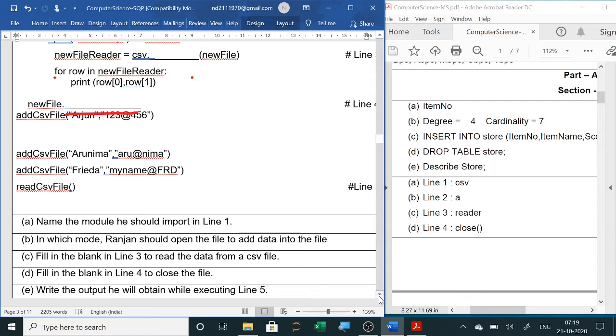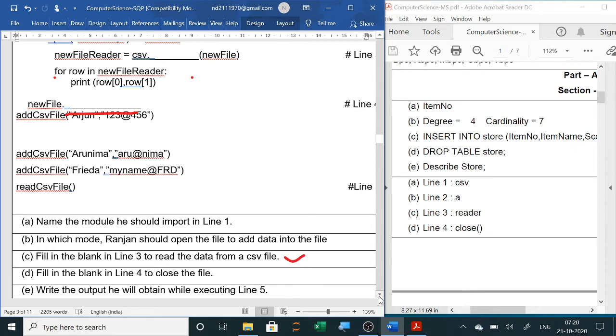In which mode should Ranjan open the file to add data into the file? For adding data we have already used A, that is append. Append is used to add the data or the records at the end. Fill in the blank in line 3 to read the data from a CSV file. From a CSV file we are using reader.